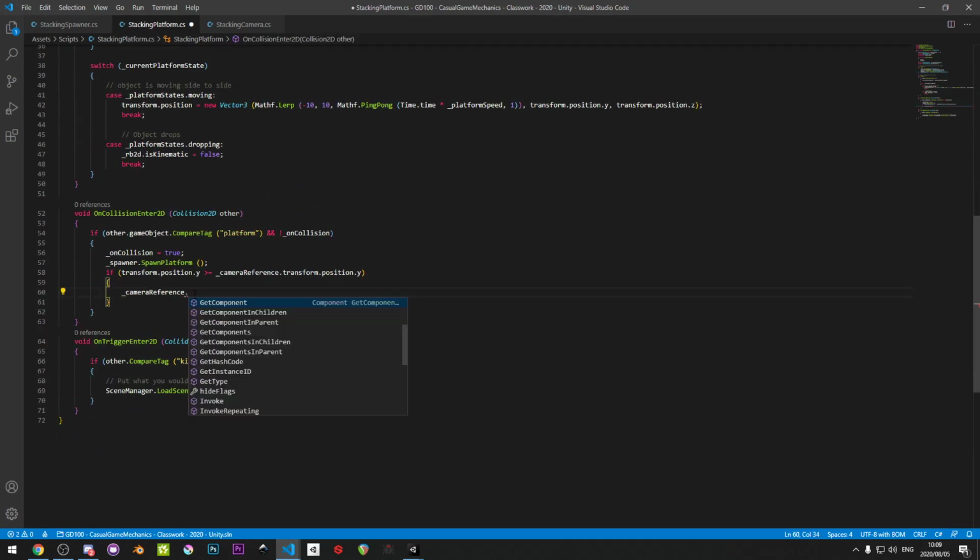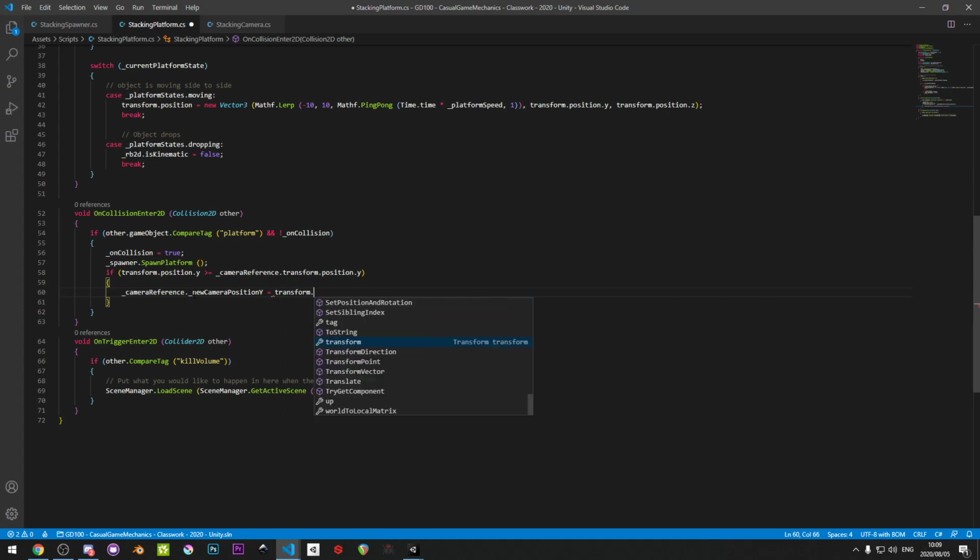That'll work. Dot, and now we're going to be getting the, I think it was called new camera position. There we go. Is equal to, and what is it equal to? The new camera position is equal to this object's transform dot position dot y. So all we're telling the camera is, remember that variable called new camera position y? Please set that variable to be the transform dot position y of this object, and then in the camera it's going to say, okay, cool, get this position, add 2 to that position,